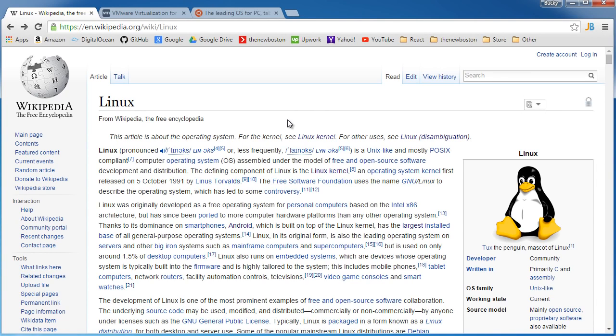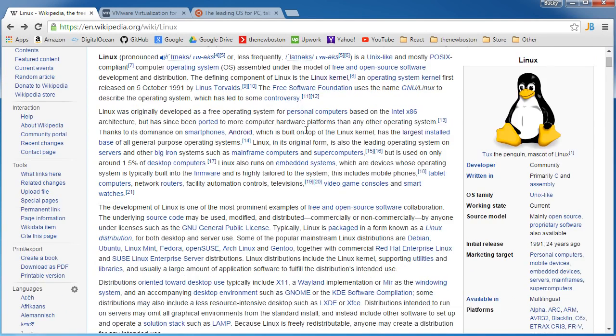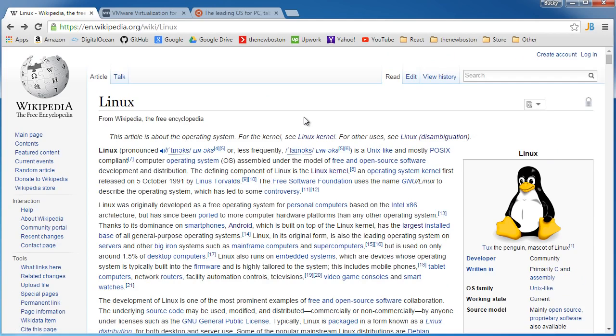Now, it's not really an issue, but it's kind of a problem: what happens when you want to change something on your operating system? What happens when there's a bug that you want to fix, or maybe there's just something about it that you want to customize? Well, with Windows and Mac OS 10, you can't really do that. So you're pretty much stuck with what they have. Sure, you can pick Windows 7, 8, or 10, but that's pretty much all the flexibility you have. So that is where Linux comes to the rescue.